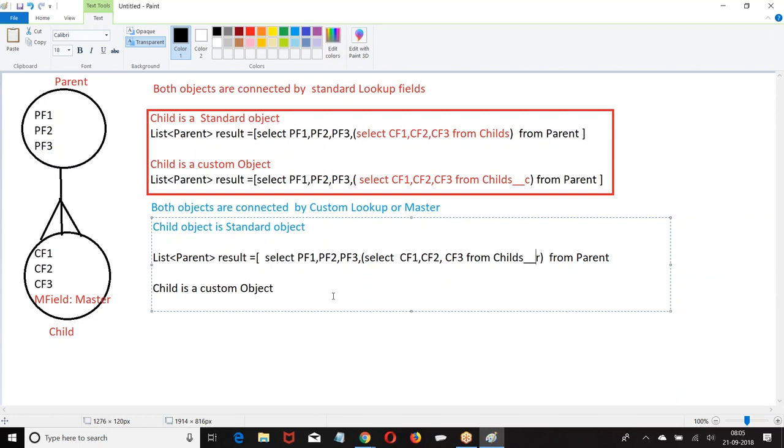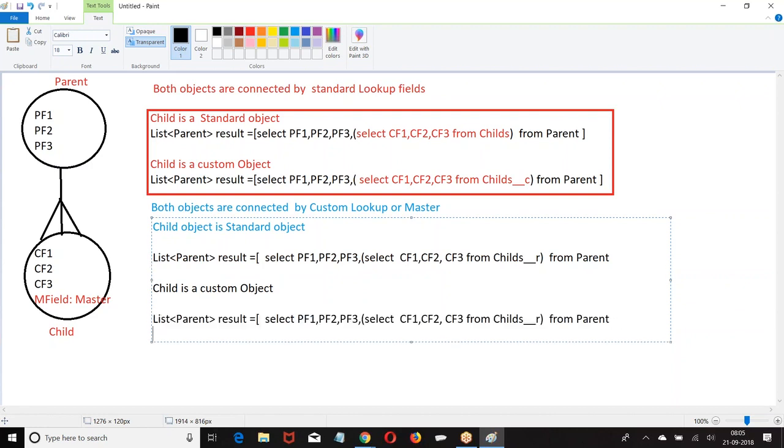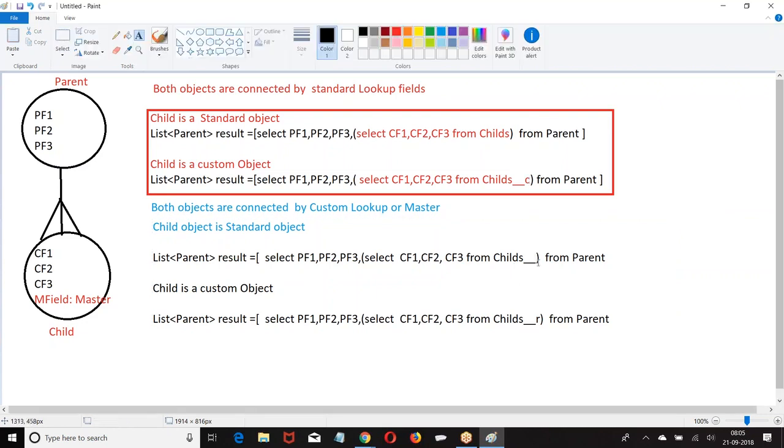If the child is a custom object... no. The point is, if the relation is a custom relation, what should we give? Underscore underscore R.